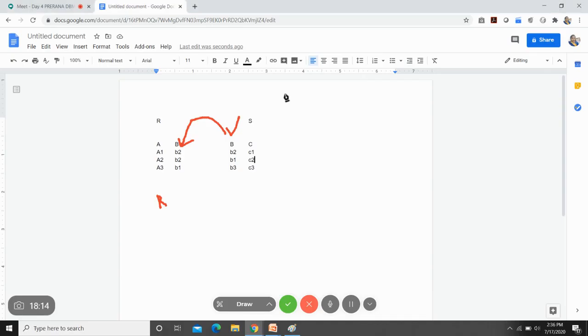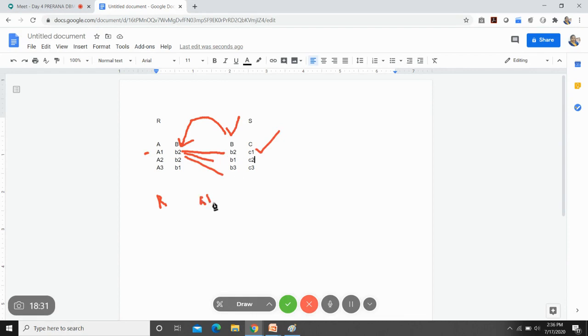Let us again go to the question. You are performing a join between R and S. They have not told you what kind of join it is, so consider that to be an equijoin if they have not told anything. In your resulting table, you should have this record mapped with all the records. So here only it is mapping.